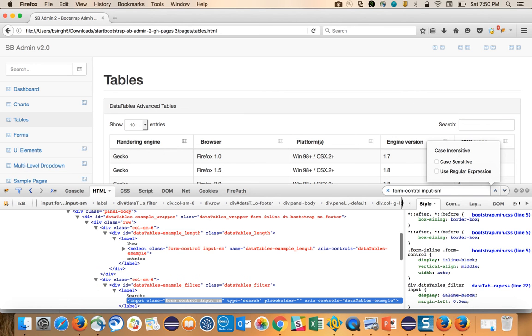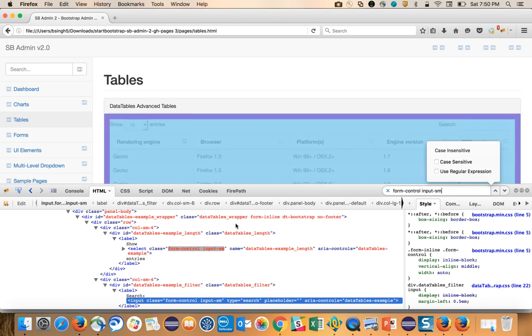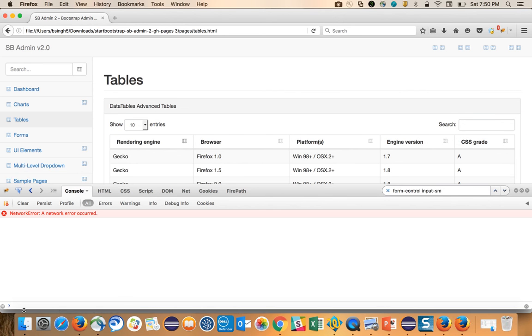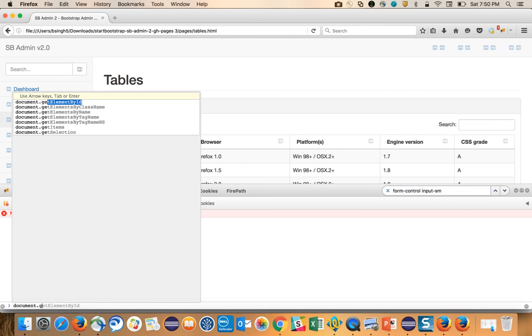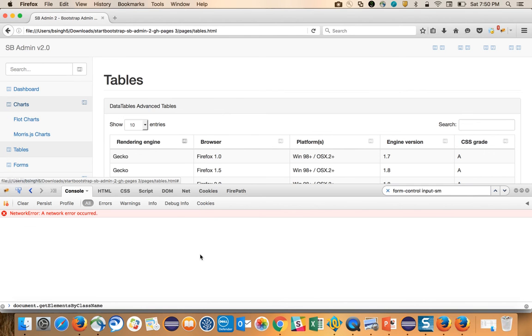Okay, let me write the JavaScript code for that. Just write document dot. So these are the methods you can use, guys: by ID, by class name, by tag name, by tag name NS, and so on. Especially you can go for by ID, by class name, by name if you don't want to use XPath. My suggestion is, for JavaScript always use XPath. It's very easy. So I'll use by class name, and